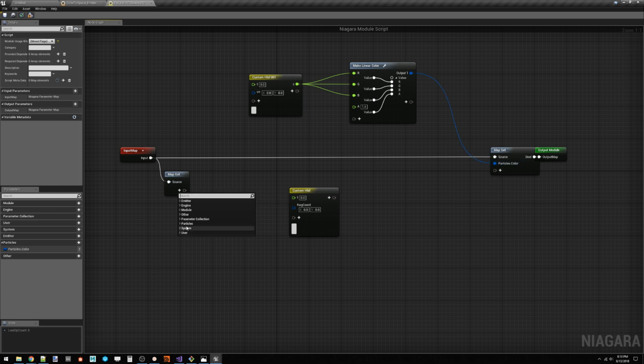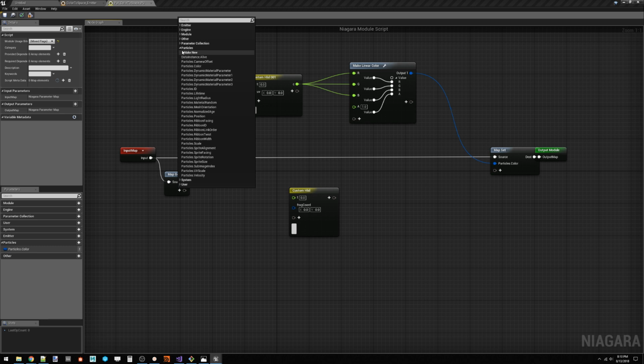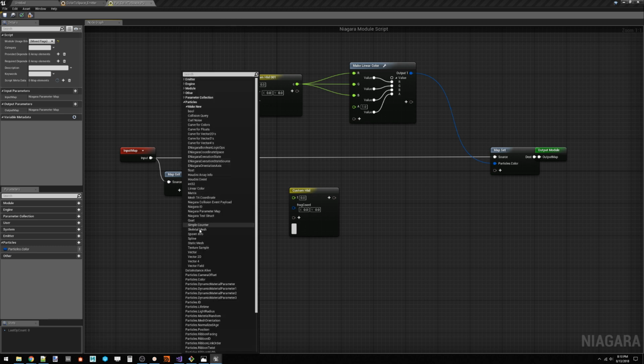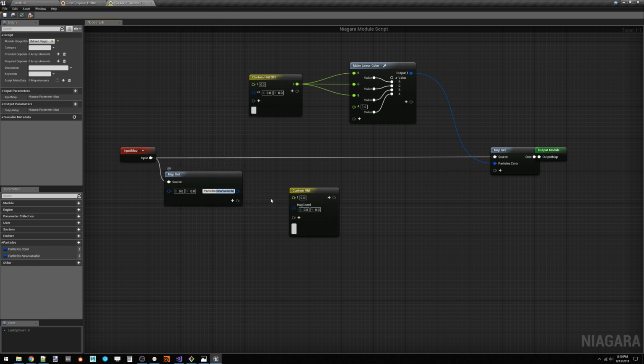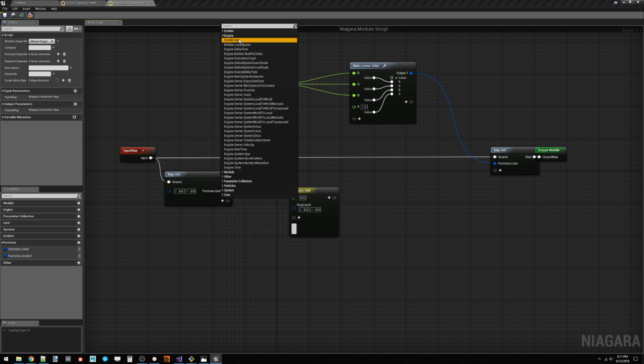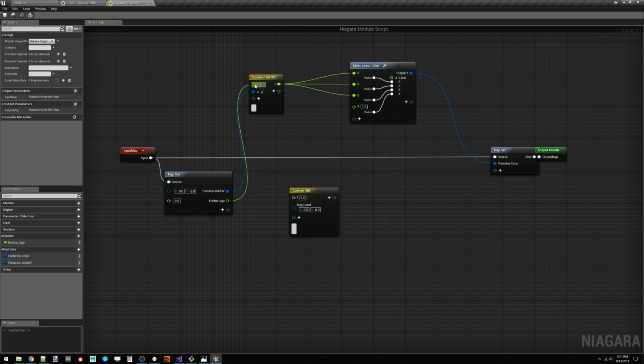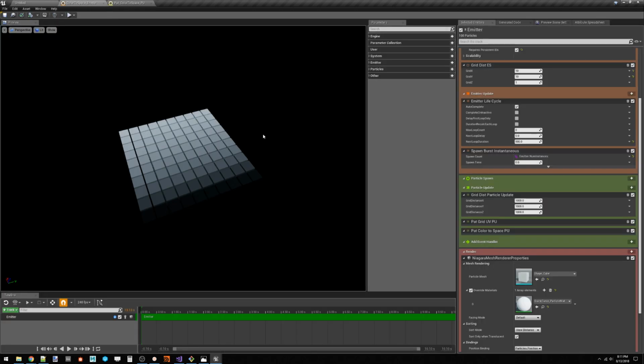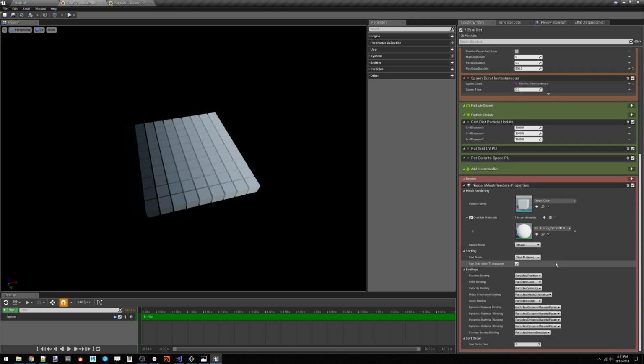And on this side, what we want to do is grab our particle vector 2D. We called it grid UV. Pipe that into the UV here. And we want to grab the emitter.age, and that's going to represent our time variable. And then for the actual code, actually we're not going to use time, we'll just map it directly to uv.x. Compile, apply, save, and we are going to see something because I actually set up